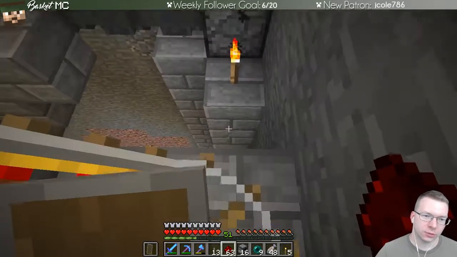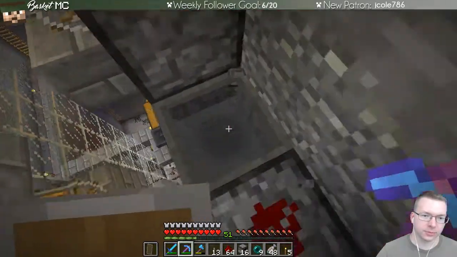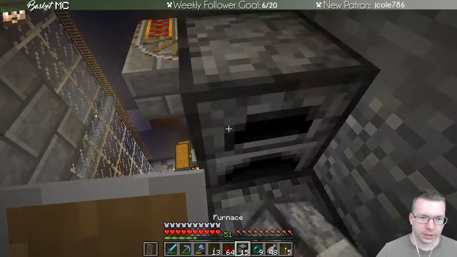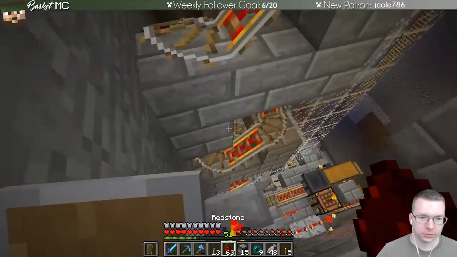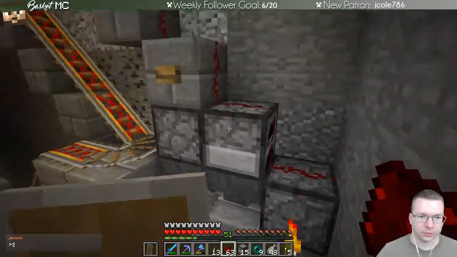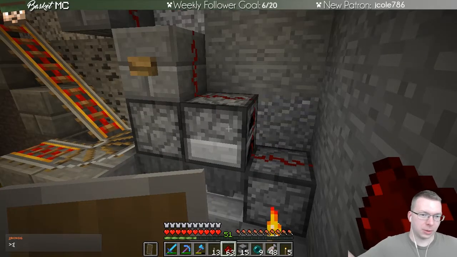Let's try changing this to a furnace, because when I designed the other one, I had this as a furnace. Let's grab the stuff that fell. Put a furnace here instead. Redstone. See if that has any impact. Okay, so 50. Aha. So apparently, if that's a dropper,